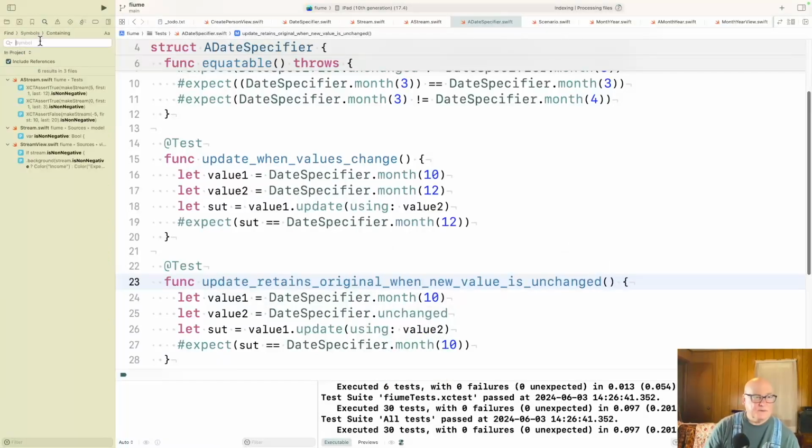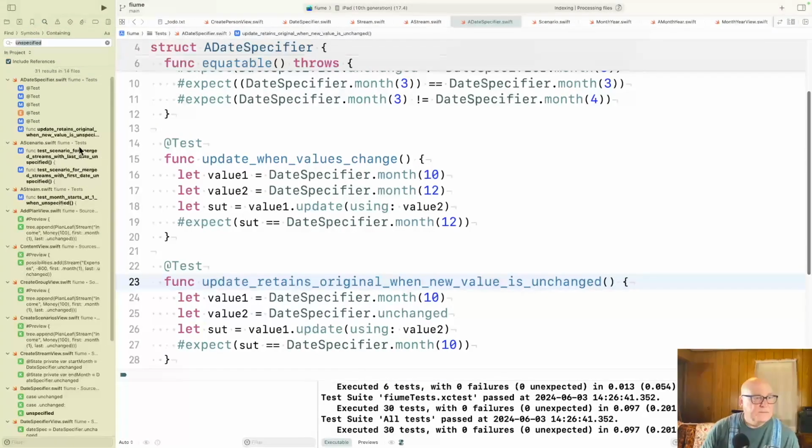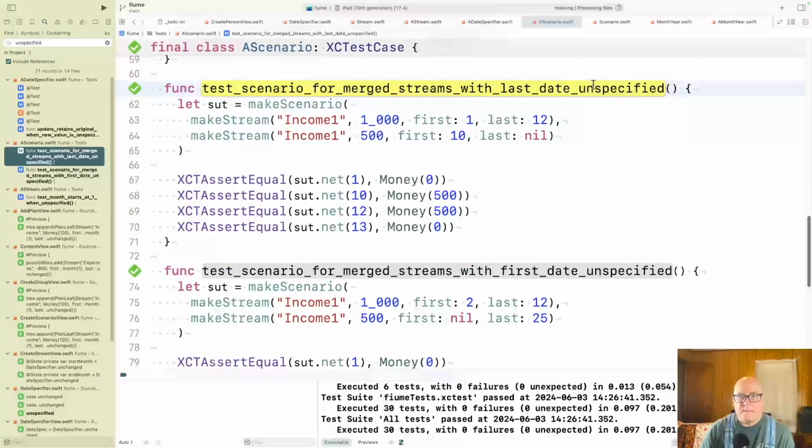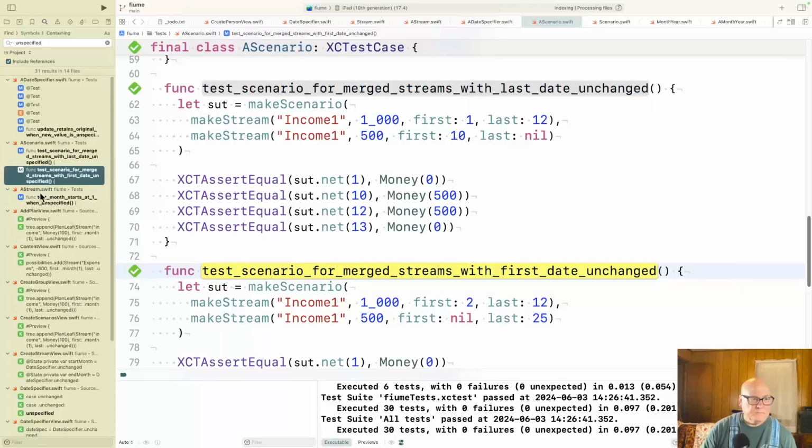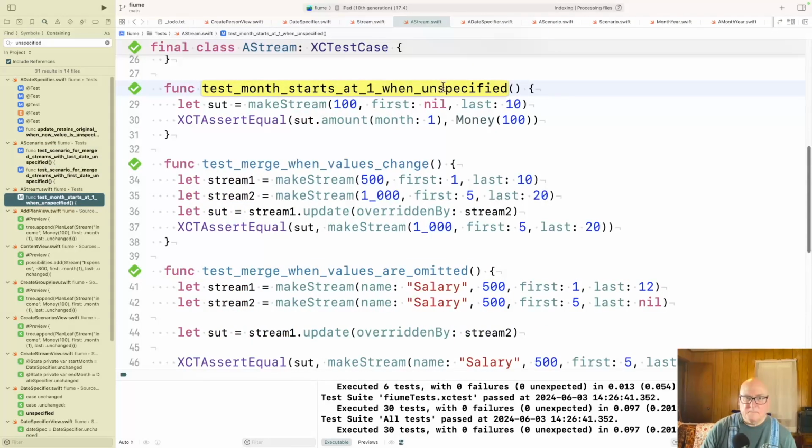I'm sure I've used the word elsewhere. Well, this one really is unspecified.